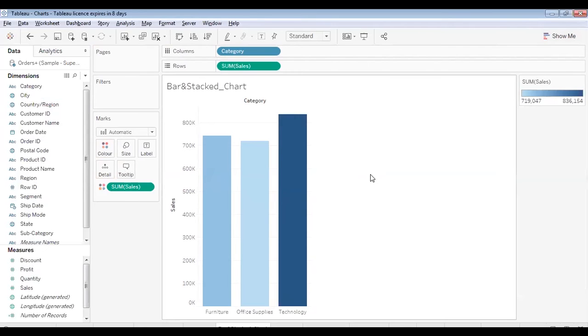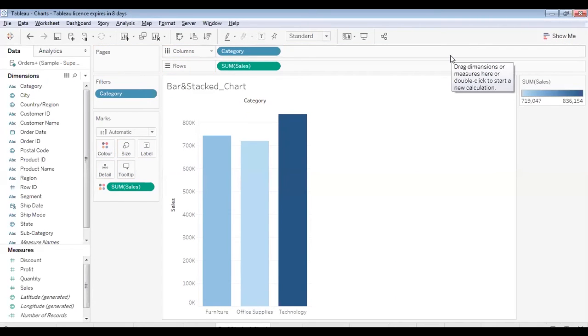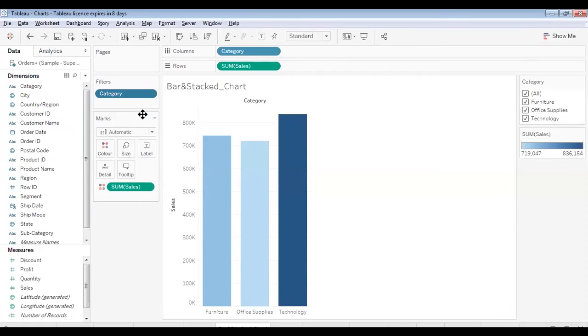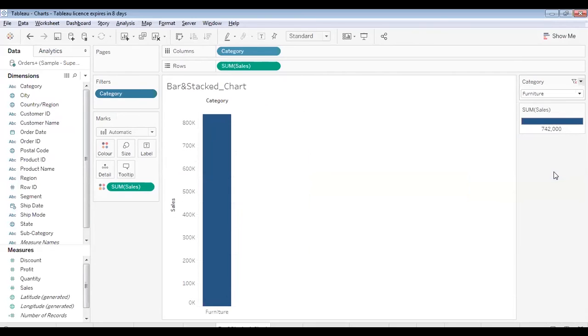Now we'll check how we can make a bar chart interactive. For making a bar chart interactive, we'll add some filters. If I add a dimension or discrete field as a filter and select all of them, then for creating interactive bar charts, the idea is we'll place a field in the filters and say show filter. The pane we get corresponding to the category field, I'm converting into a drop down.